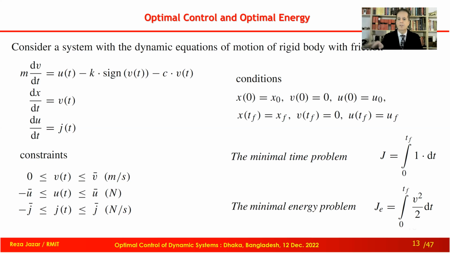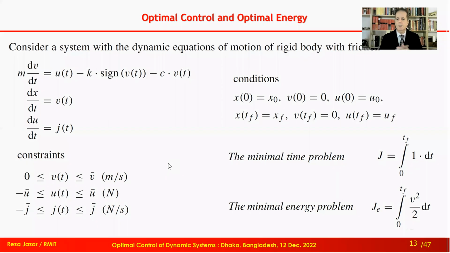Because of this, I'm skipping that part to show that these are equal. I stick to the minimum time problem, because all other optimal problems of dynamic systems start with time optimal control. When we learn that, we are able to apply whatever I'm going to explain about the method of solution to other types of optimal problems.